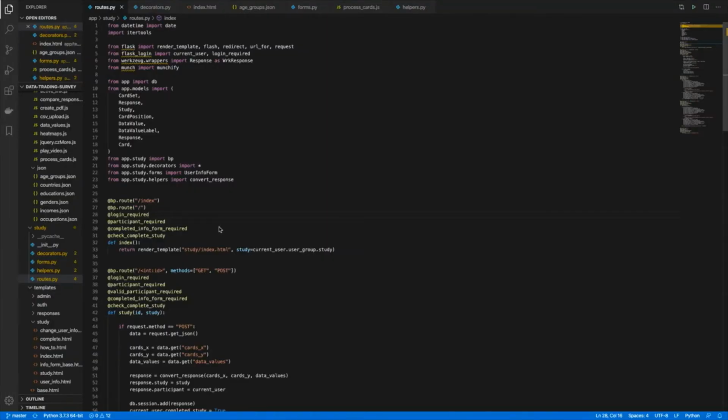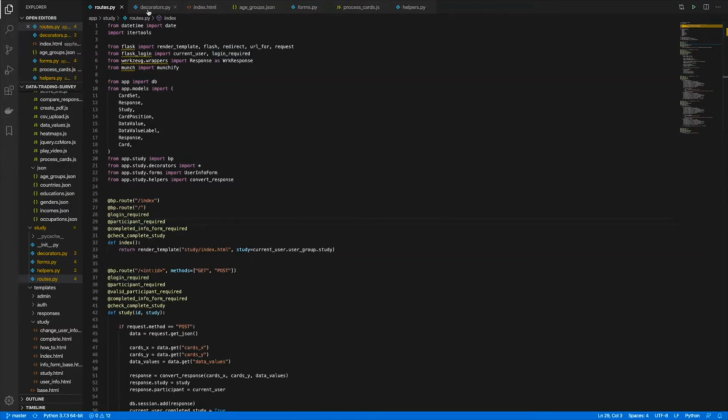The next module we'll be discussing is the participation module. This module handles all of the participation within the study, both submitting information about themselves and actually responding to the study. You can see plenty of decorators within the routes file besides the bp.route decorators seen earlier. These wrap the endpoint function and are run before the code inside the function is run. The login_required decorator implementation is supplied by the Flask-Login package mentioned earlier and prevents any unauthorized user from accessing the endpoint. The other decorators shown are implemented by me.